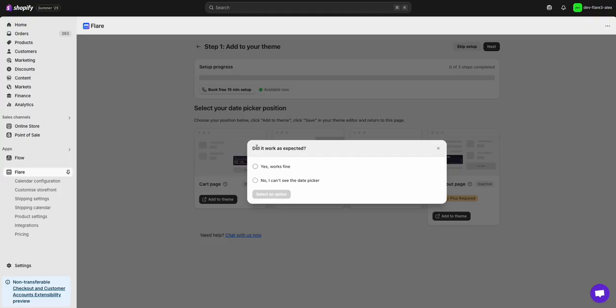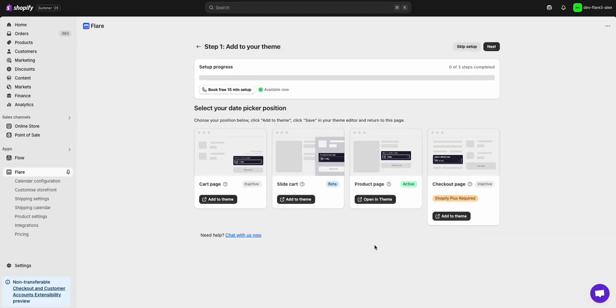And here, we're being asked if it worked as expected. Yes, it worked fine in our case. Click Continue. Now, to preview how this looks on your live website, in the left-hand side on the Shopify view,